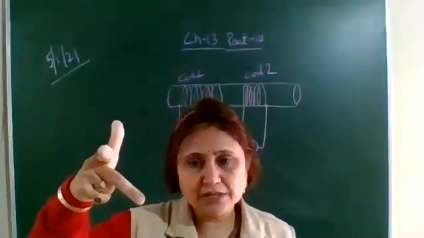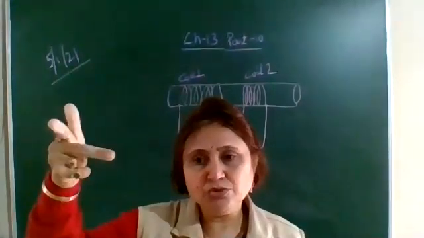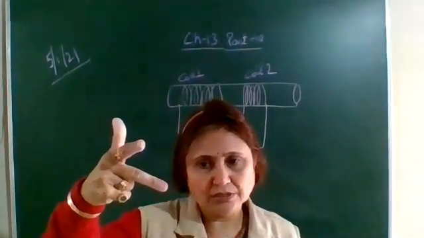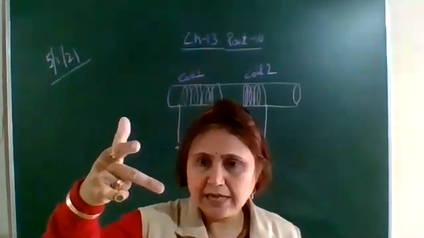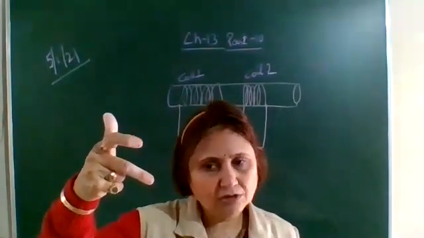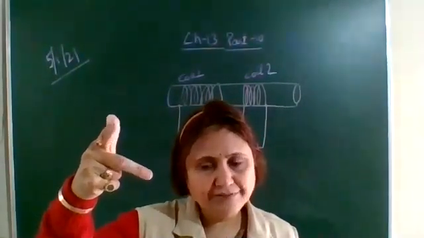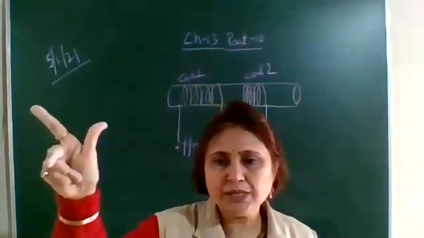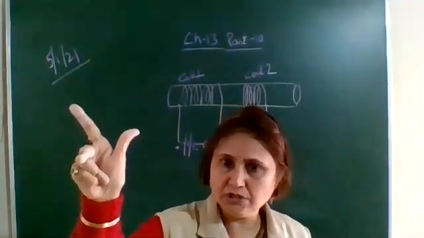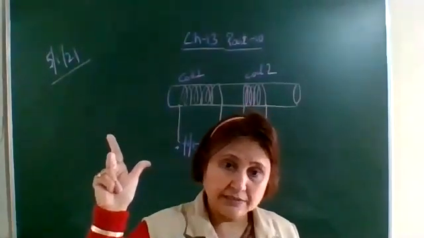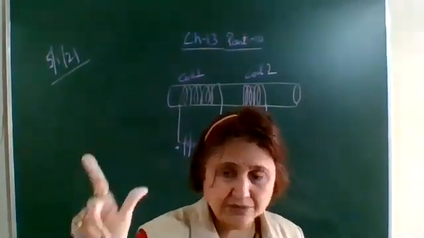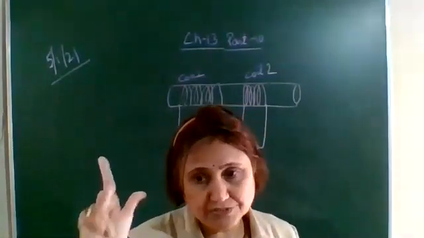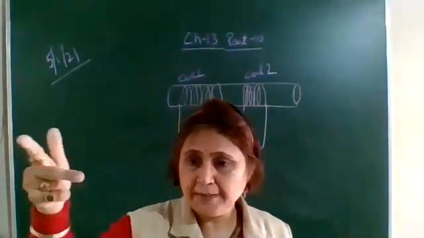Again, these three fingers are stretched mutually perpendicular to each other: the thumb, the forefinger or first finger, and the middle finger or center finger. All three are stretched mutually perpendicular. Which hand? Right hand. Fleming's right hand rule is what we are studying here, which gives the direction of the induced current.